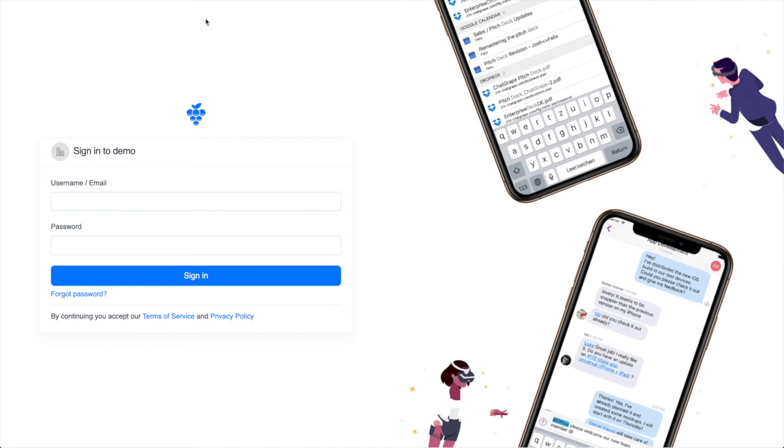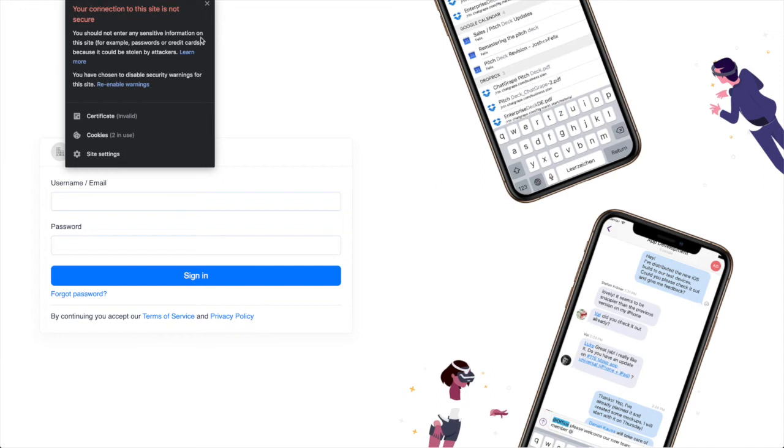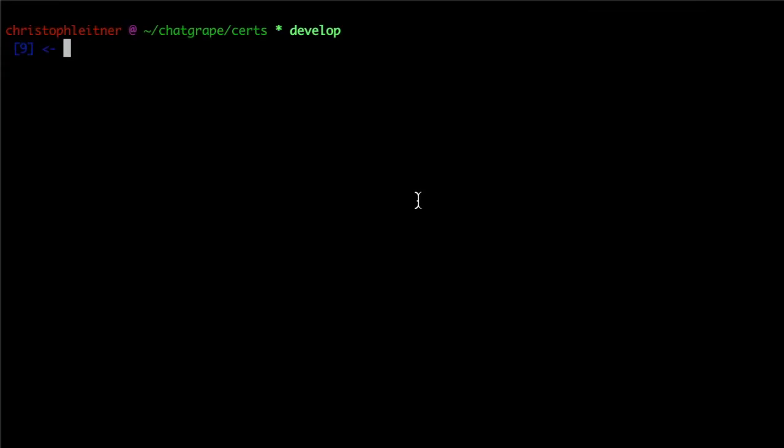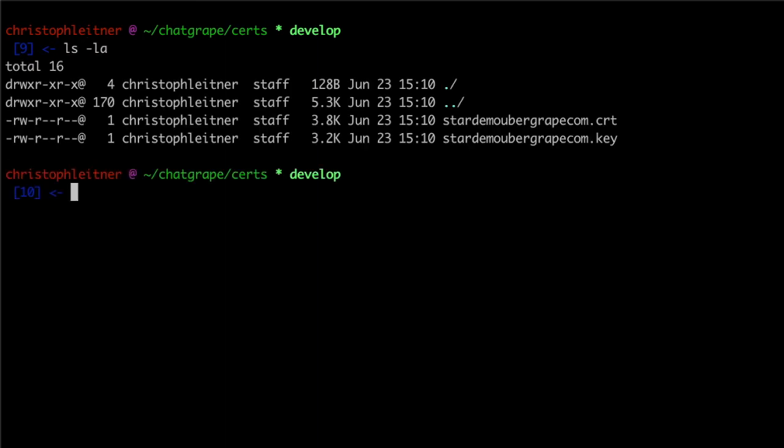Grape is running. Okay, now that Grape is set up, there is one more very important thing that we need to do, and that is to add a correct certificate for HTTPS so people don't get warnings in their browsers. So first we have to upload the certificate to the VM. As you can see here, I already have a certificate prepared, which is in two parts, a CRT and the key, in the X509 format. So let's upload those